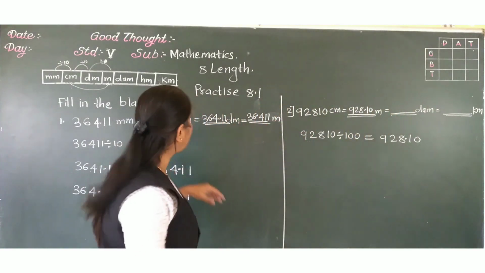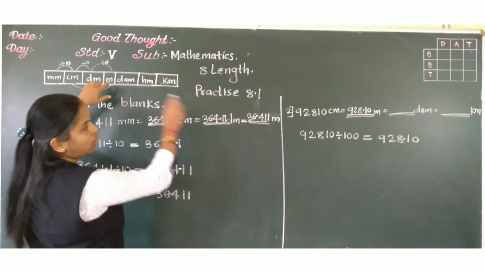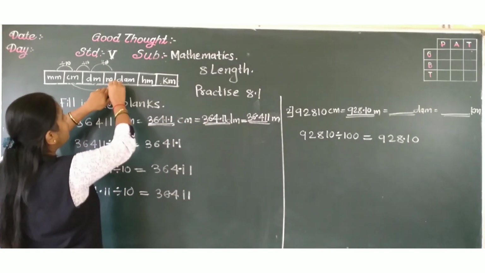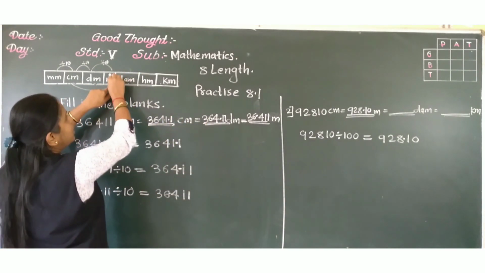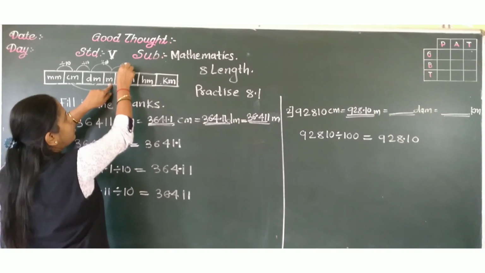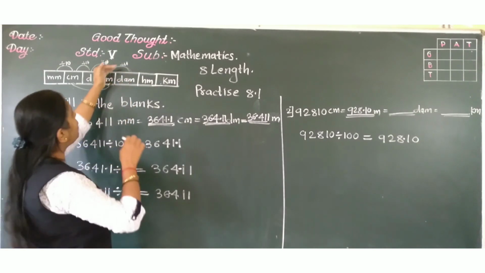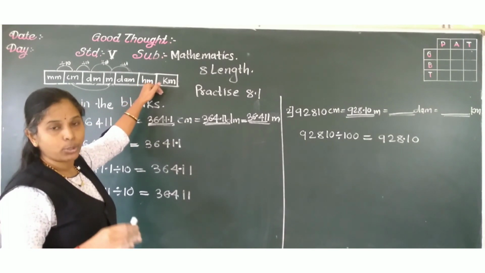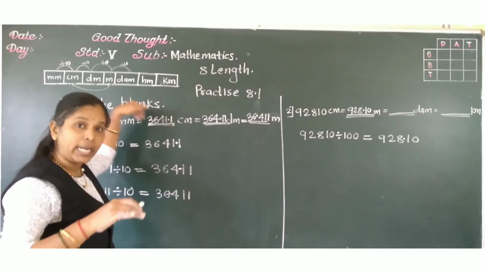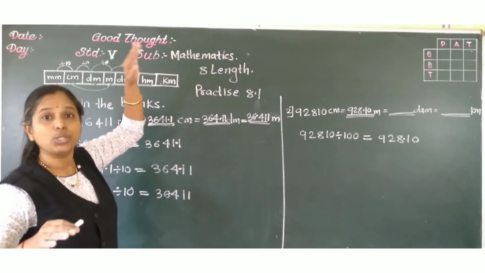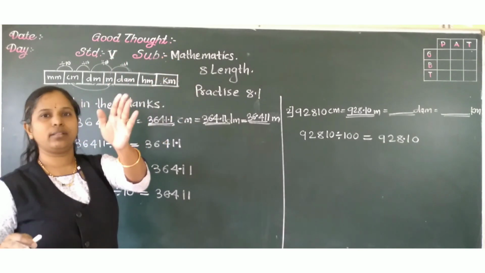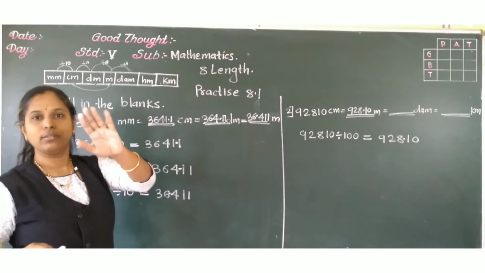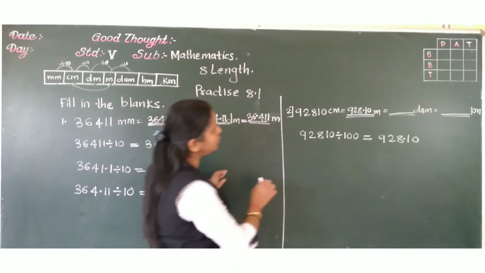Now this many meter you will have to convert into decameter. DAM means decameter. Meter to decameter means again you divide by 10. One step is 10, directly 2 steps is 100, and directly 3 steps means you multiply by 10, 10, 10 or divide by 10, 10, 10, that is 1000.